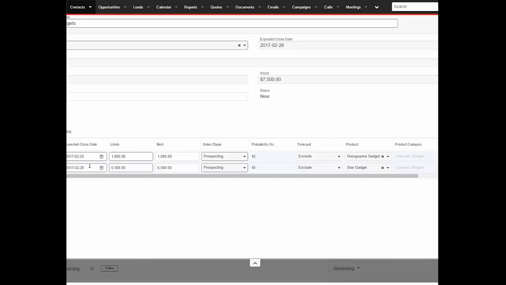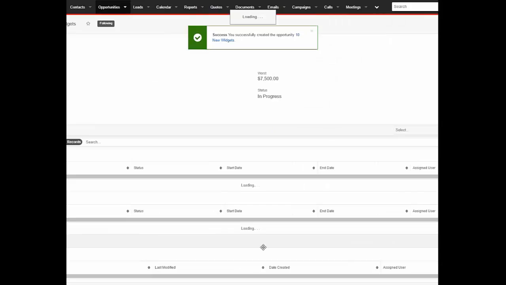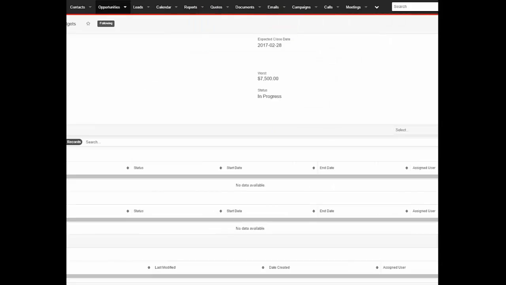Notice what it did. It took the total cost and added it up. So Sugar's taking all the line items and putting them into the opportunity for me. It's also doing the same thing with the close dates. It's taking the latest close date and rolling that up to the opportunity. So now I've just created an opportunity based on a phone call that came in. I can click into the opportunity, and I see it's associated with Union Bank. Aha, did I associate it with Union Bank? No, Sugar did, because I was creating the opportunity associated with the person who happens to be associated with Union Bank. It bubbles up.